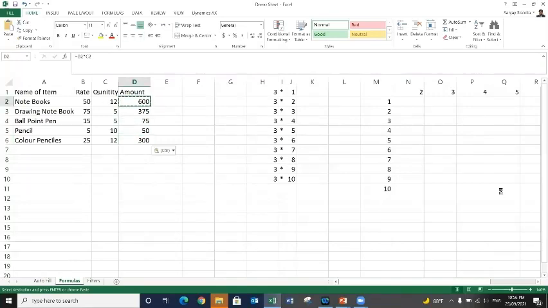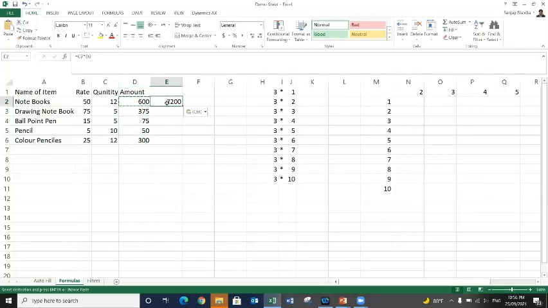Let me show you again. Let's copy this formula and now we are pasting it here. So now what happened? We have shifted the formula column-wise. So it has not changed the row number. Still it is C2 and D2, but it has changed the columns. And when I pasted the formula in the rows, it has changed the row numbers.